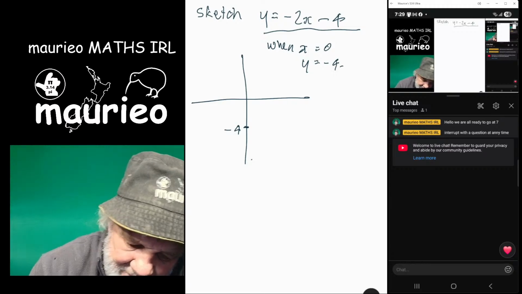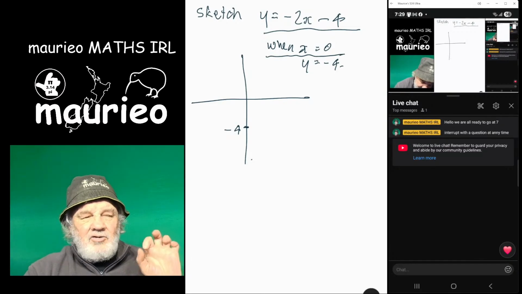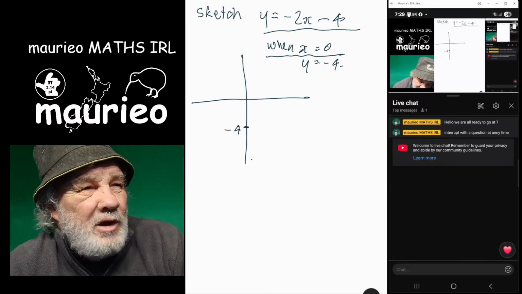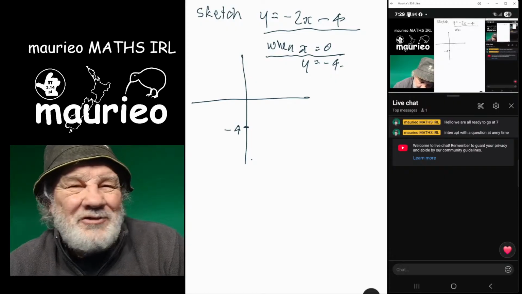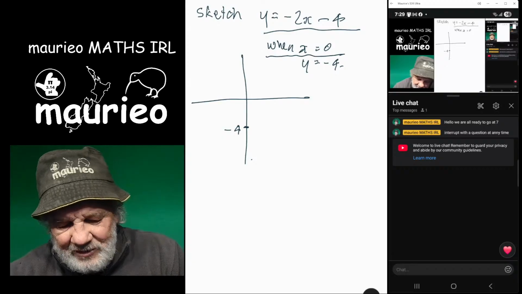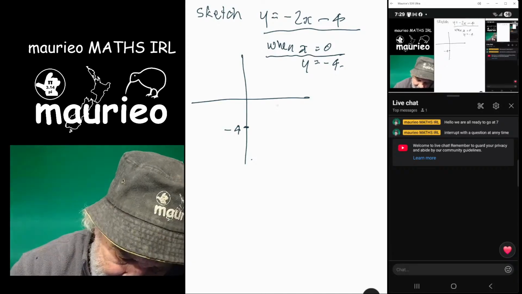Now that's pretty easy. I'm writing this down: I always check out when x equals 0, because this is a valuable tool that applies to all graphs. Not all graphs are straight lines, so it's a very useful tool, and it's a very good habit to get into. So that's cool. Now let's have a look at when